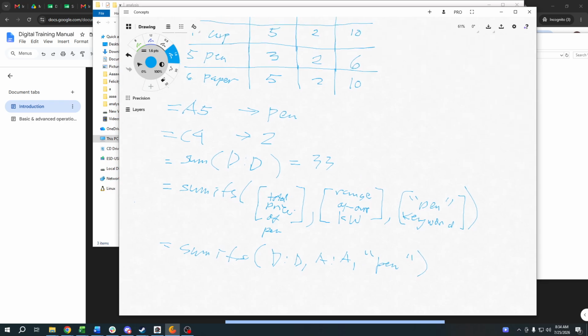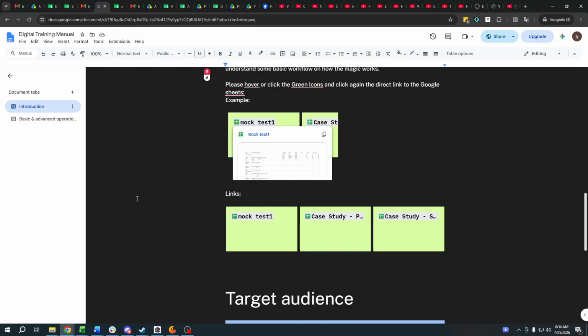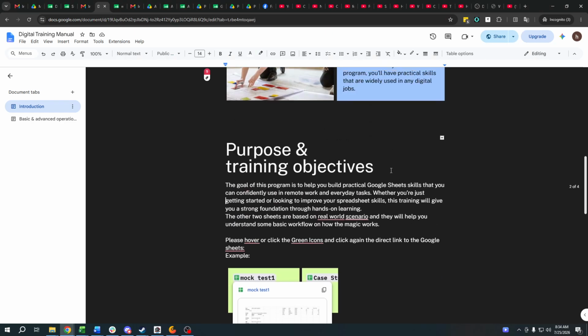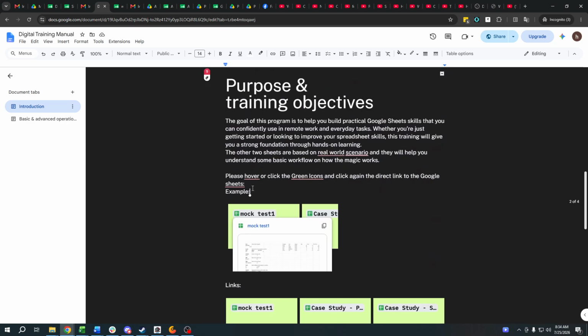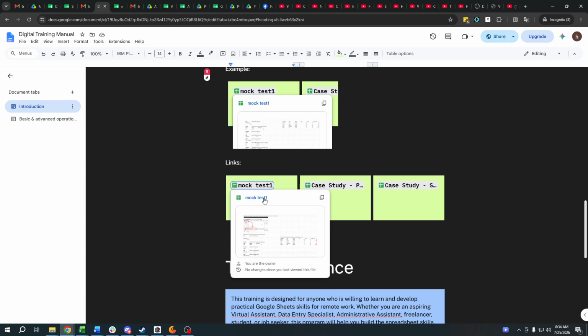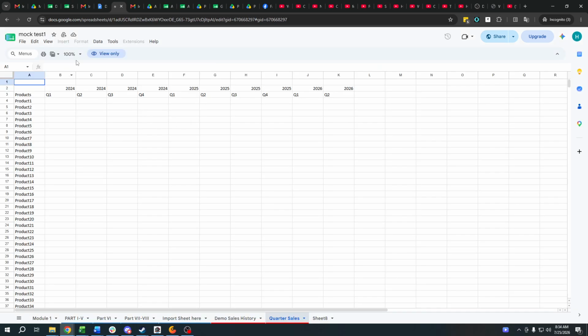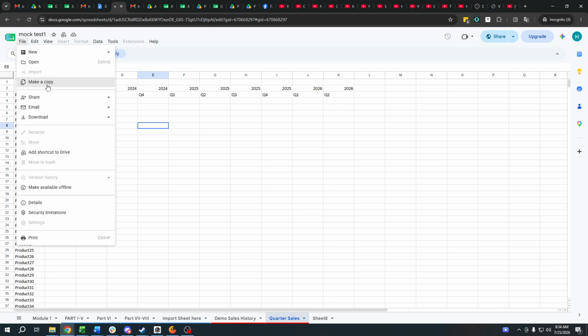Before we go to Excel, this is the file that I created before. You have to click this one, and it should be similar to this one. Since it says view only, you have to go to File, and then make a copy.